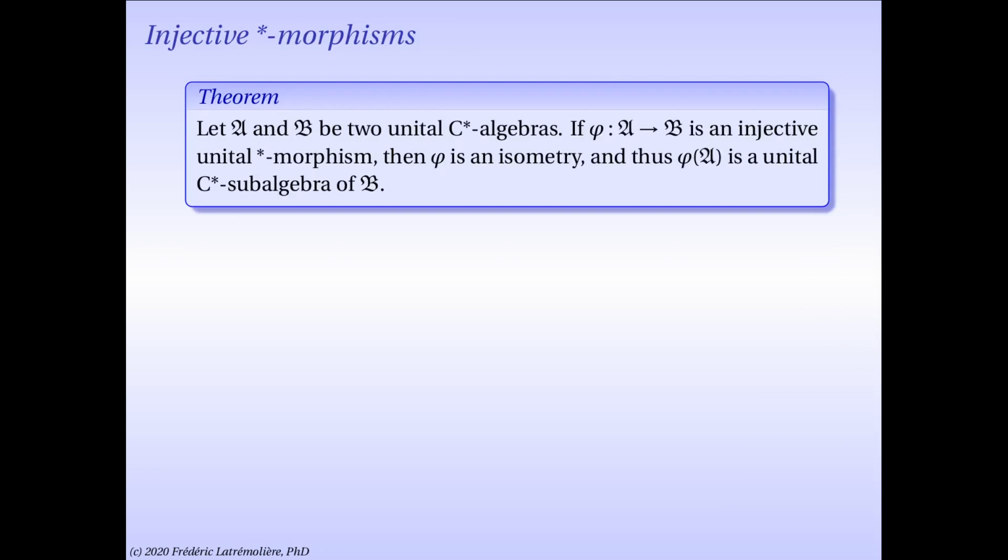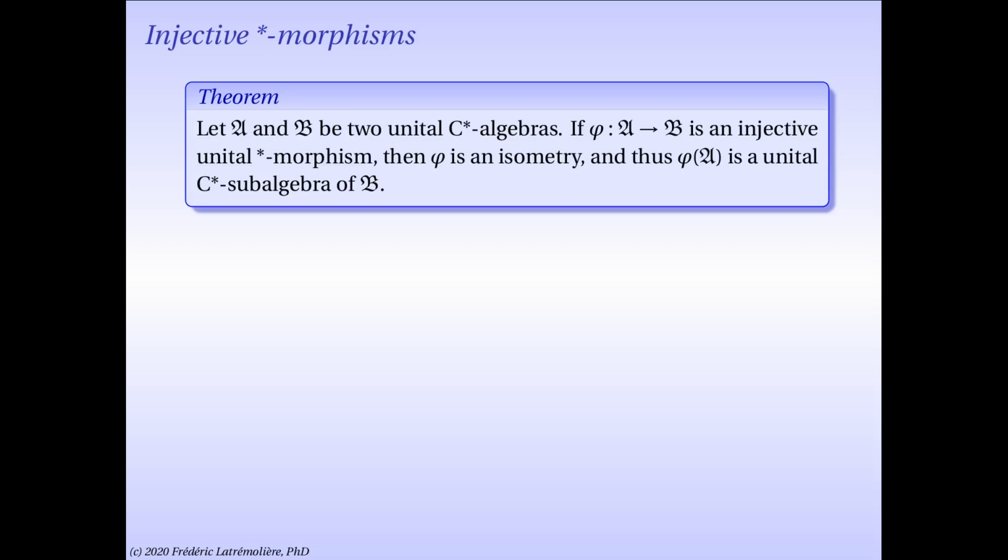And we're going to conclude this lecture with an application of this useful result. So we've learned that star isomorphisms between unital C-star algebras are always isometries. That's an important result, and we already used it several times when talking about the Gelfand transform in particular. However, what about injective star morphisms? It would be tempting to think they're also isometries in a naive sense, because what you could do is restrict their codomain to whatever the range happens to be, and it looks like a star isomorphism,